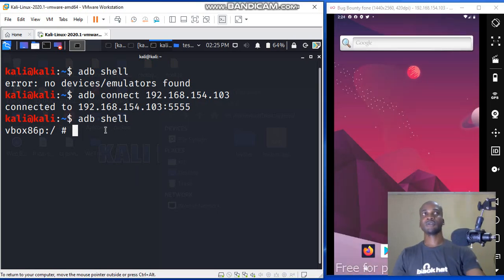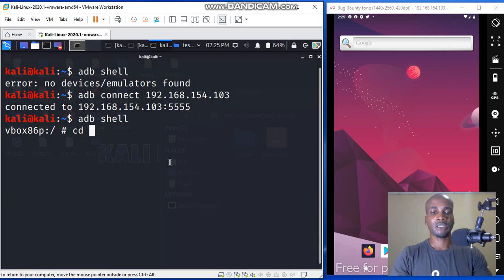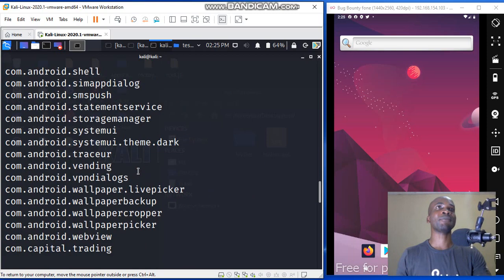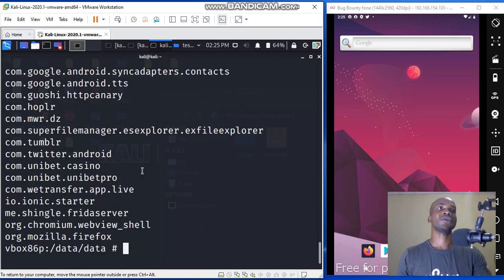So we have remote shell to this device. So let's go to cd data slash data. So under data we have this list of applications running on the device. So right here, if we look closely, we'll see the Twitter application, but if we can't see it,